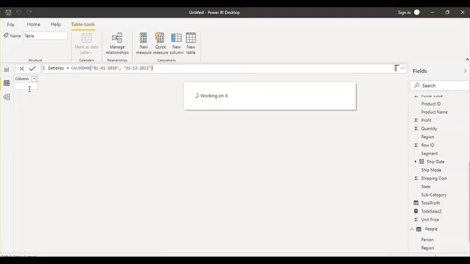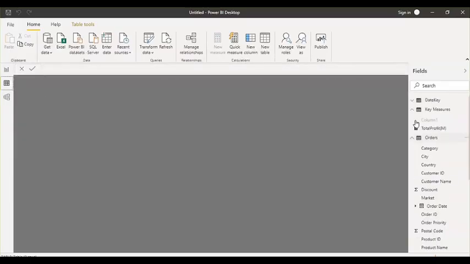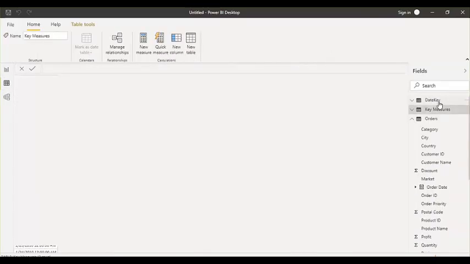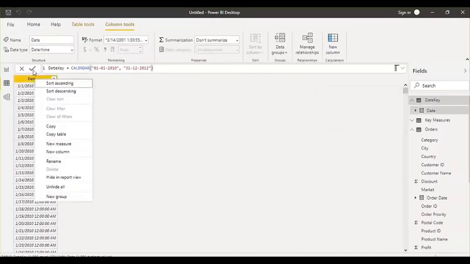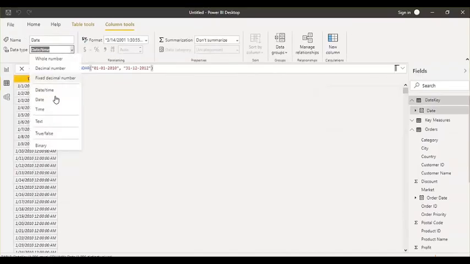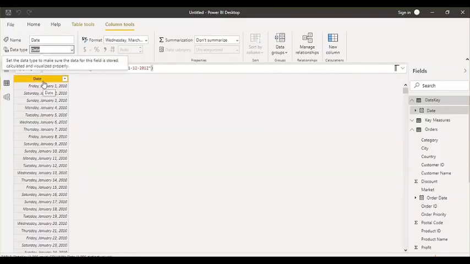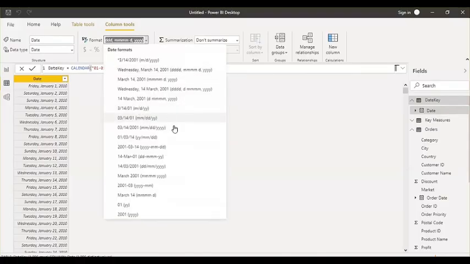So here I will get the date column in this date table. Here is my date key. So here I got this date. Now just change the data type of it. It's a date time. Change it to date. Now what I want to see is year and month here. This I cannot achieve through a measure. This is a table, this is just a date here. If you want, you can change the date format.